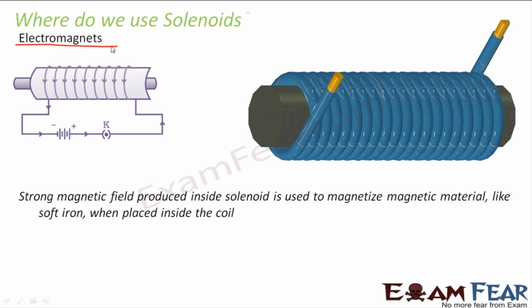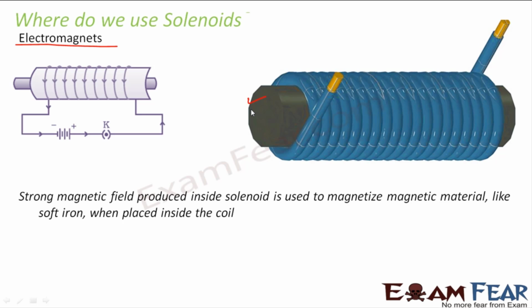How? A strong magnetic field, as I mentioned in the last slide, the magnetic field inside the solenoid is uniform and it is strong. So this strong magnetic field produced inside the solenoid is used to magnetize magnetic material like soft iron when placed inside the coil. For example, you have this material, soft iron, okay? You put this material inside this solenoid. Since inside the solenoid you have a very strong magnetic field, this material gets magnetized. So that means the magnetization of this material increases,